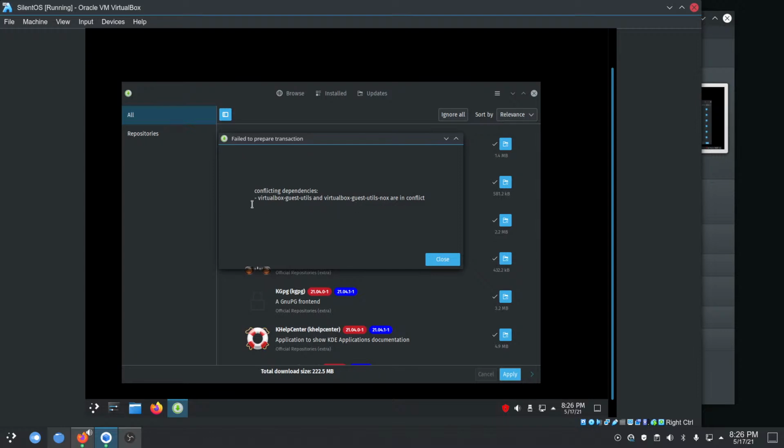The problem is VirtualBox guest utils Nox is not installed, and neither is this one, I believe. So